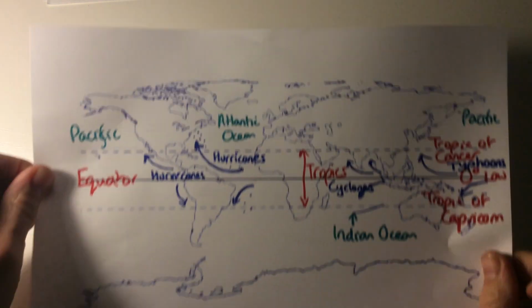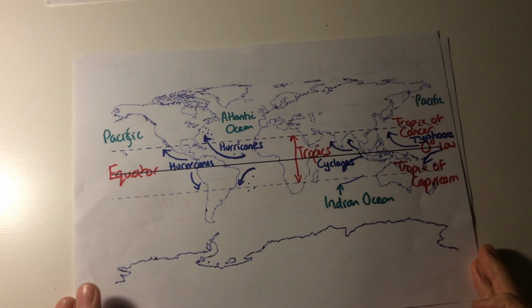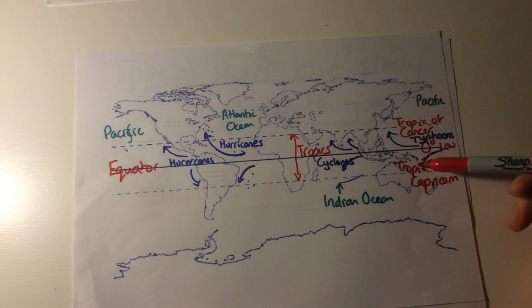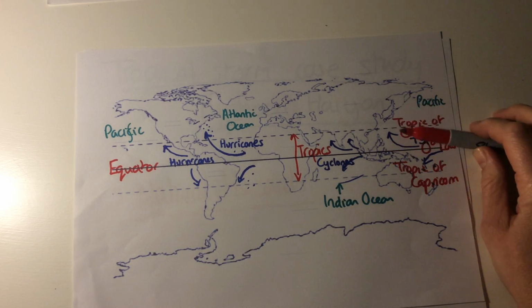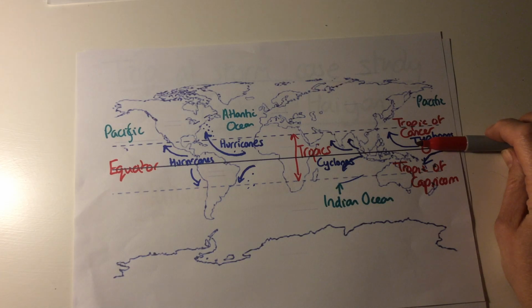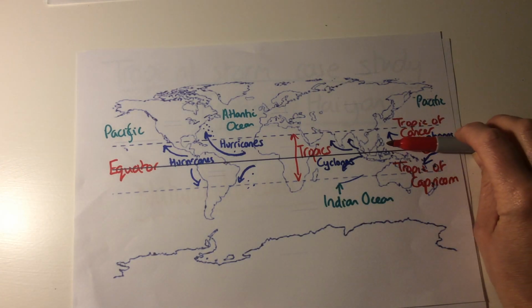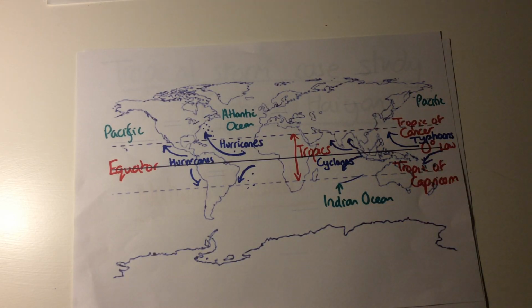Now, if we have a look at the map from the previous video, you'll notice that typhoons form in the West Pacific here, and this storm particularly affected the Philippines countries here. So this is a typhoon that formed over the Western Pacific, over water which must have been 27 degrees centigrade or higher, and which then moved this way across the Philippines and then actually hit the mainland afterwards. It was a very devastating storm. It was called a super